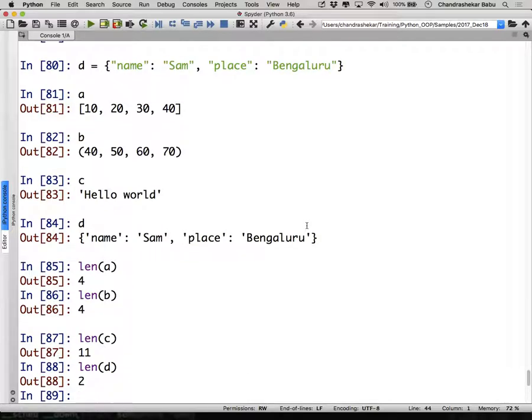You have a built-in function called len that can work on all these kinds of data types. Do you think the len function knows how to iterate over a list to find out the elements, or how to iterate over a tuple to find out its elements, or how to iterate over a string and find out its elements? No. It is a generic function. Most generic functions, I will say 90% of built-in functions are generic functions. You know what are generic functions?